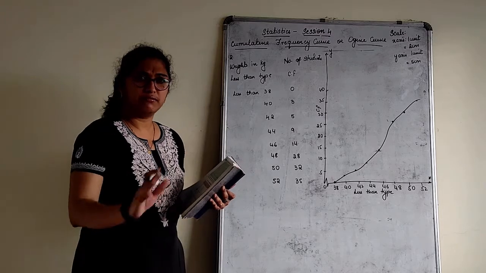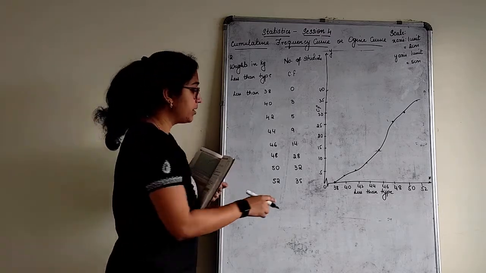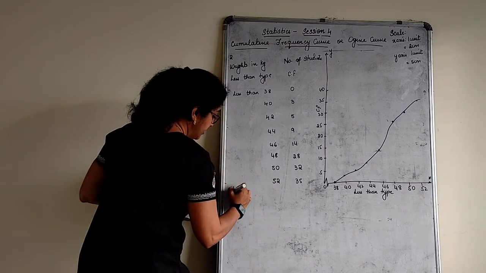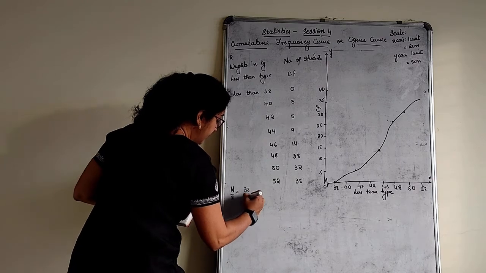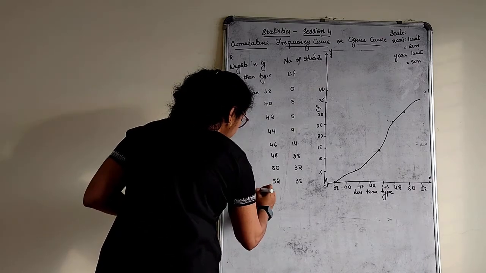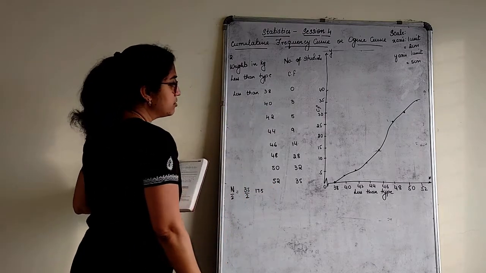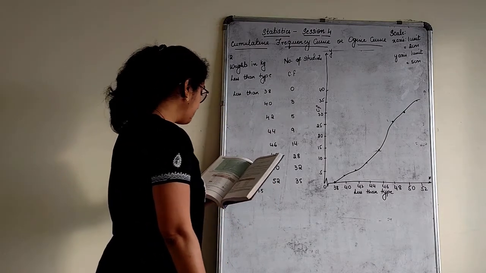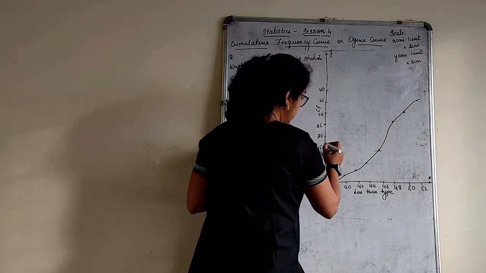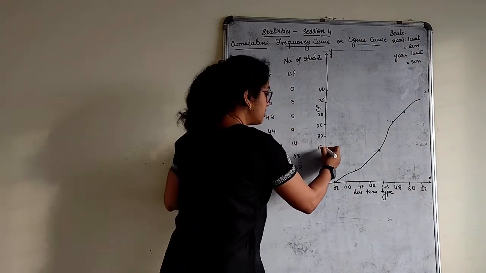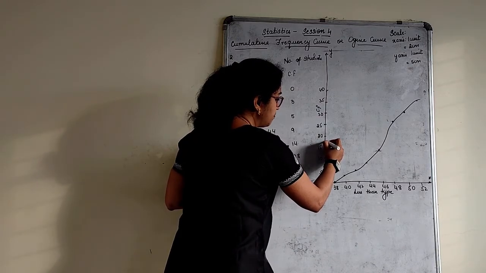We'll find the median. Approximately here and there I can get an approximate answer, but you will get an accurate answer. 35. Yes, you get a decimal here. N by 2 is 35 by 2. 2 1s are 2, 2 7s are 14, 2 5s are 10. So the midpoint is 17.5. So 17.5 is exactly what you have to mark. Sometimes it becomes a bit difficult. That's okay. So 15, 16, 17.5.